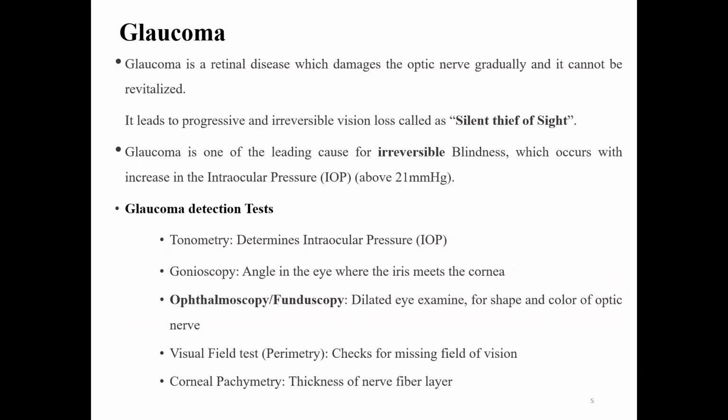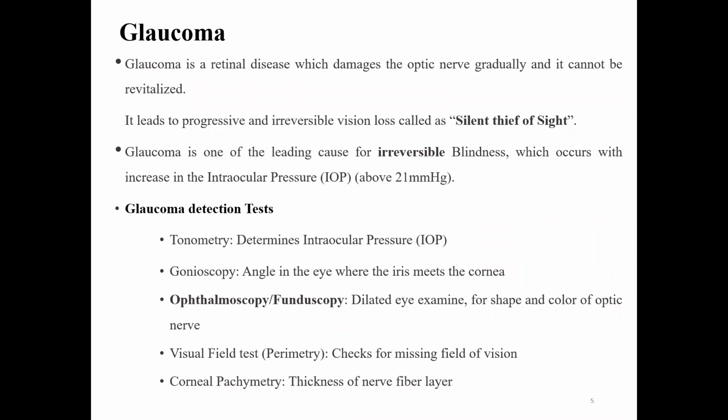Glaucoma, as most of us know, is a kind of retinal disease which gradually damages the optic nerve, and it cannot be revitalized. So it may lead to irreversible vision loss. It's quite a silent thief, so care has to be taken for such a disease. Glaucoma is one of the leading causes of irreversible blindness, which occurs with an increase in